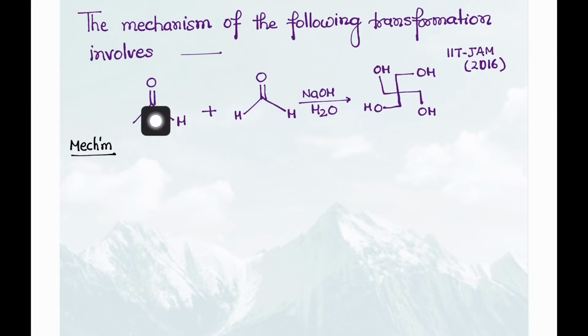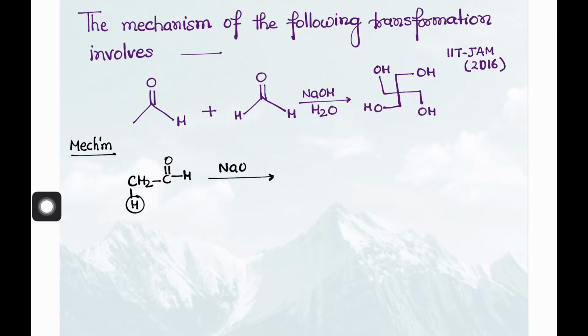We have acetaldehyde and acetaldehyde is this one. We can see CH2COH and there is H. This is the alpha carbon and it has alpha hydrogen, so it can undergo aldol condensation reaction. Formaldehyde lacks alpha hydrogen, so it will not undergo aldol reaction. Whenever there is the chance, aldol reaction is preferred first. It will have less activation energy, so this reaction will be easier as compared to Cannizzaro. So first it will be aldol step.